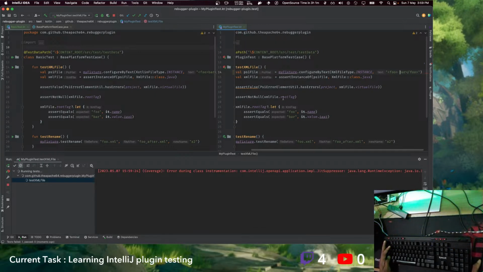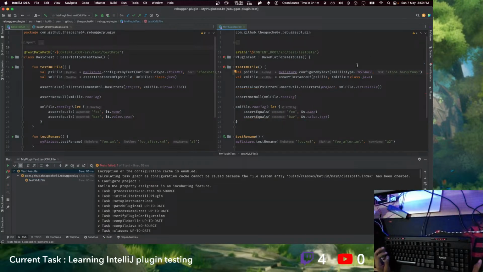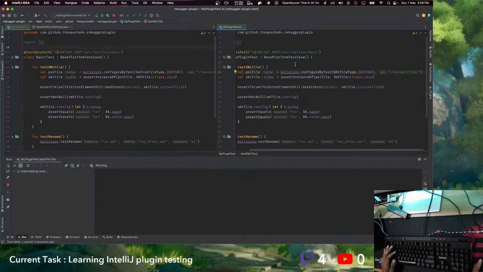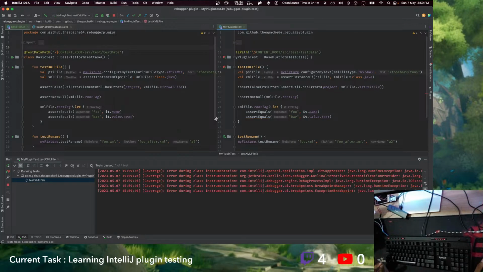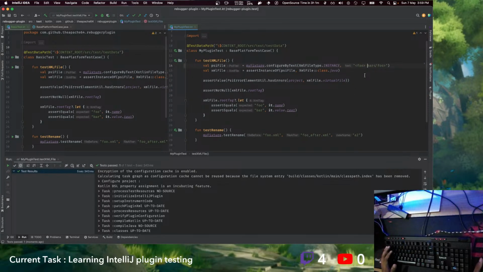Wait. I think we didn't run the test. I think we did something else. Let's fix the test first. Test XML file. And yes, test passed. Now, if I add a space over here, and I'm not going to test any of this, just want to